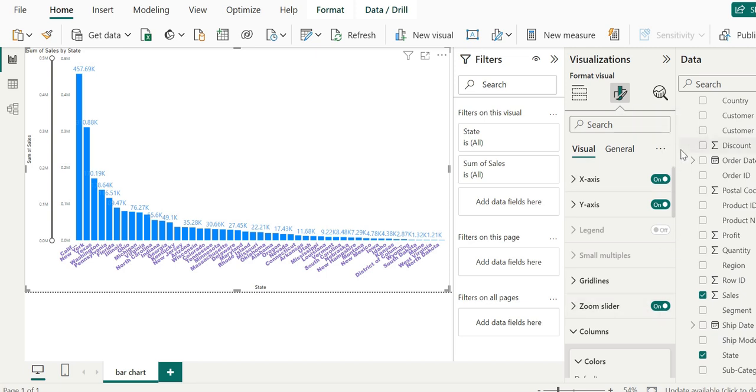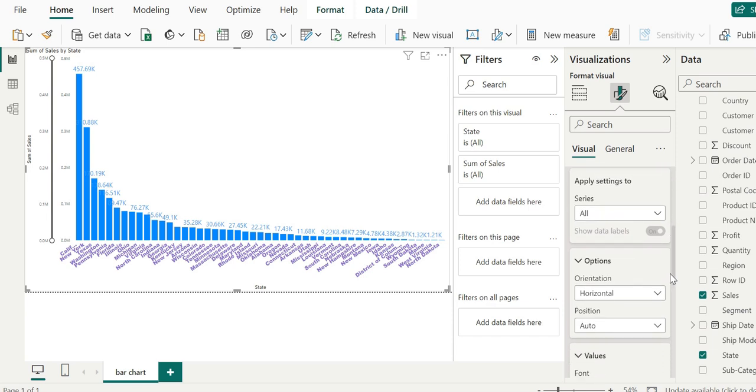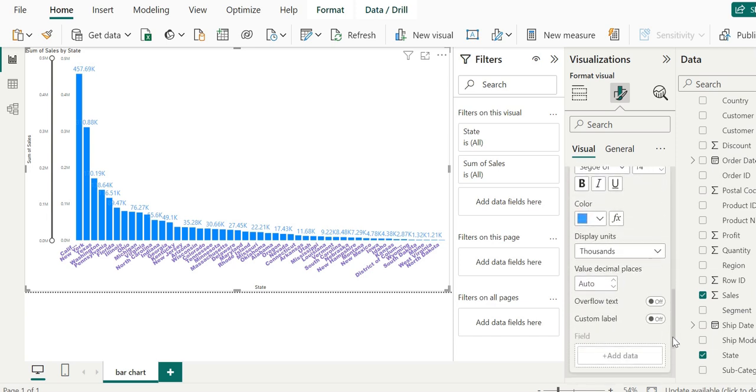Please go back and minimize the column. If you want to change the display units from thousands to millions, we can also do that, because in the view we can see the values are in thousands. But if you want to change these values from thousands to millions, let's change the values.